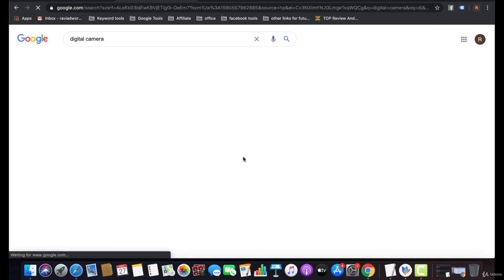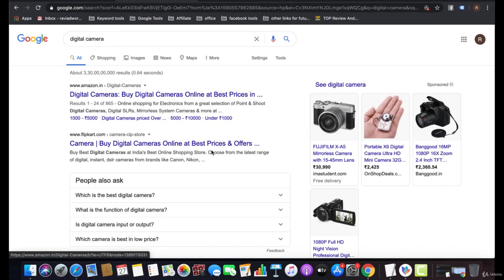Like, I'm searching for digital camera, and for that particular keyword, these are the advertisers who have bid for digital camera, and relevant to that search term, the Google algorithm has shown these results. These are the shopping ads related to my digital camera search term, and that is how bidding works.